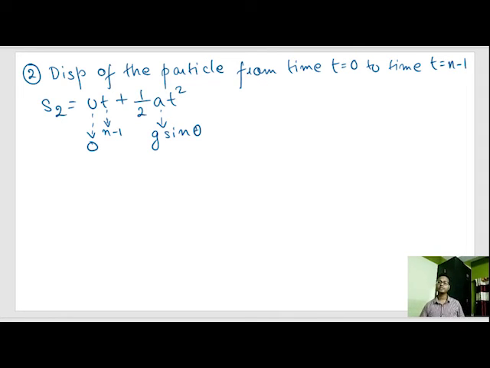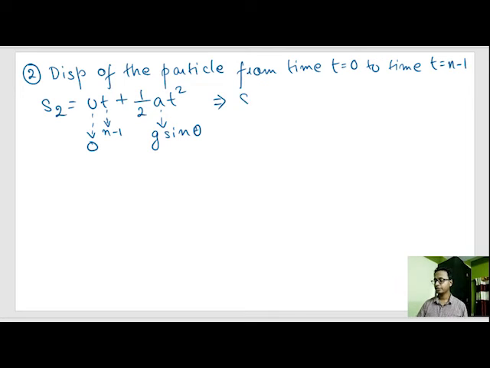Always remember, v square is equal to u square plus 2as, v is equal to u plus at, and s is equal to ut plus half at square is always calculated from t is equal to 0. Okay, and displacement is equal to 0. The starting point of this equation is always time is equal to 0 and displacement is equal to 0, and the ending point is given by s and t. Okay, that's why I did the derivation.